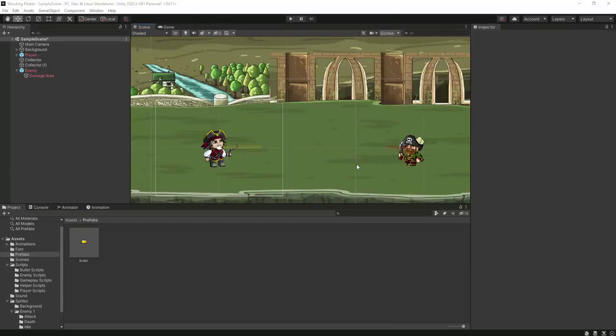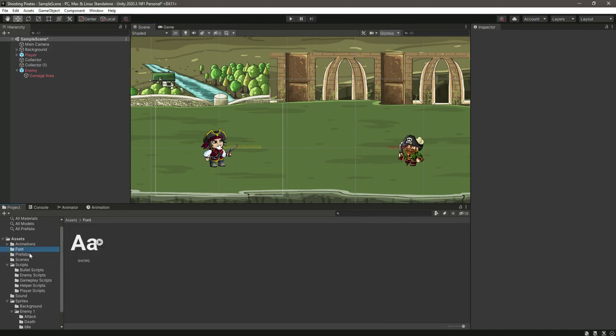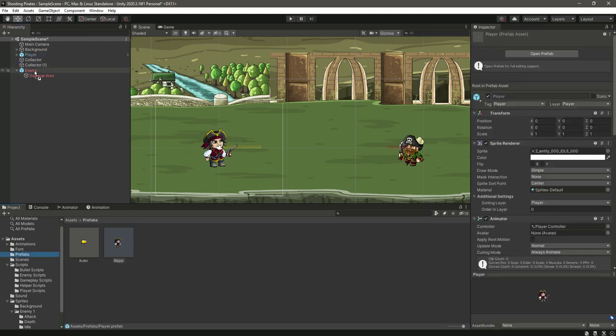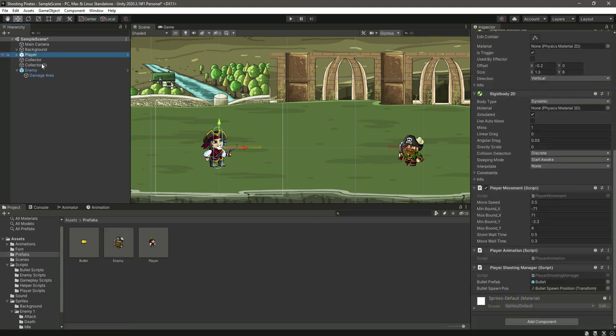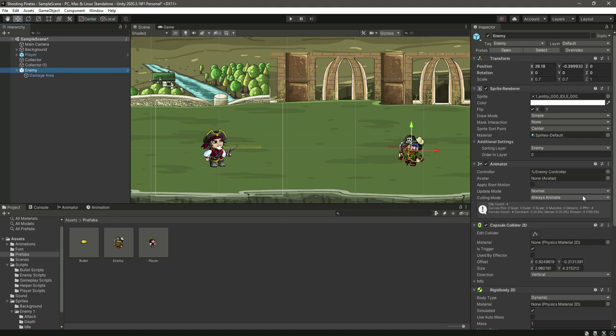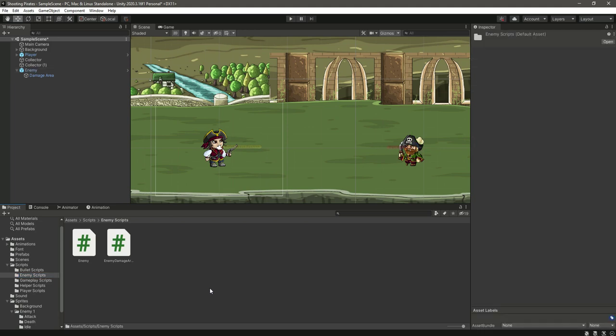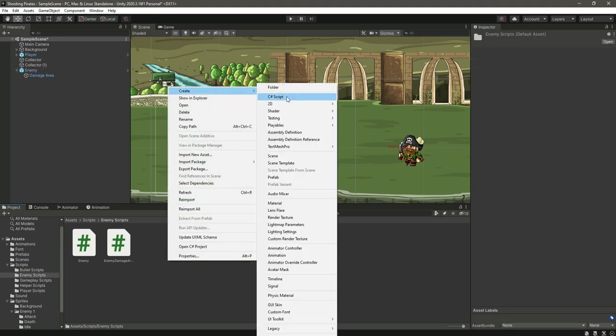Hello and welcome back. So now in this video we will add health to our enemy. For that, first of all, in the prefabs folder just drag the player prefab and the enemy prefab. Now we have both of the prefabs, and now in the enemy scripts right here we will create a new